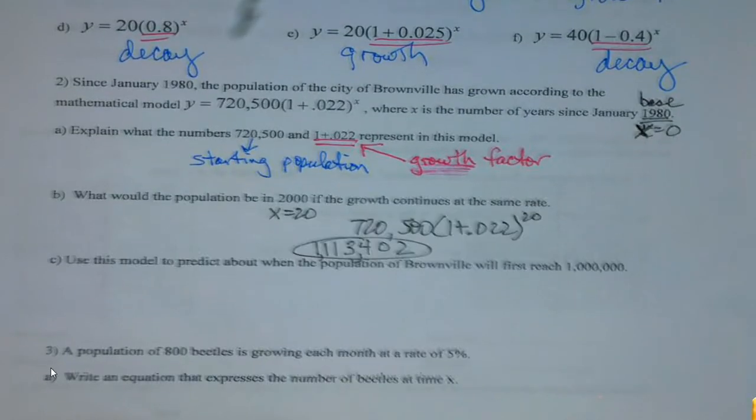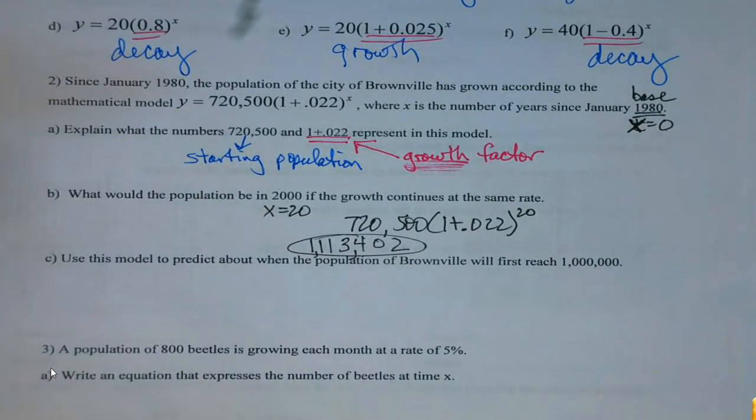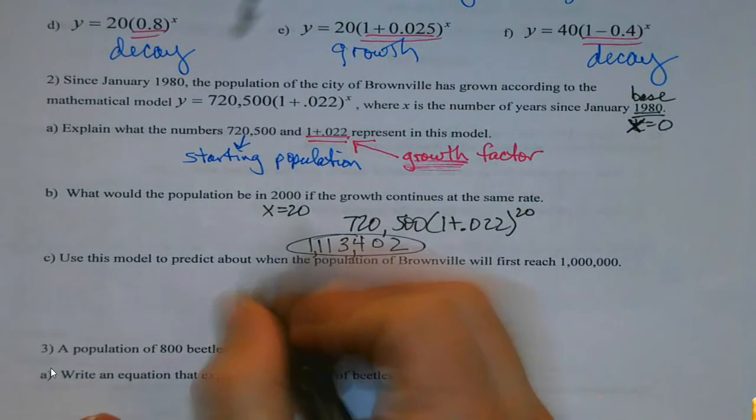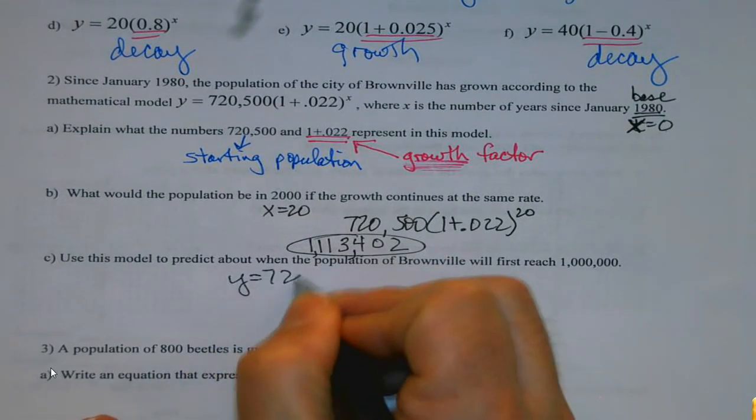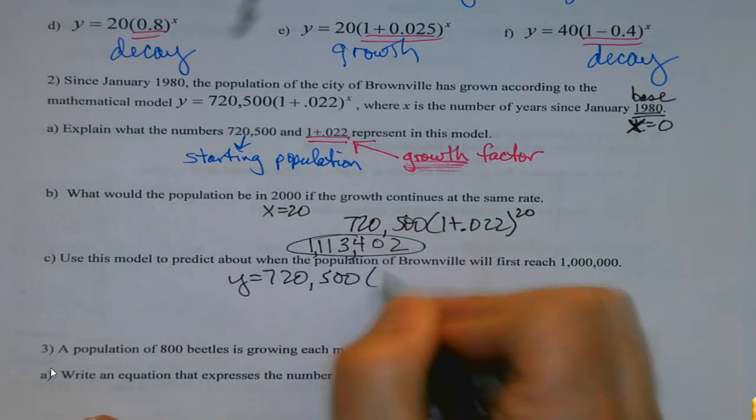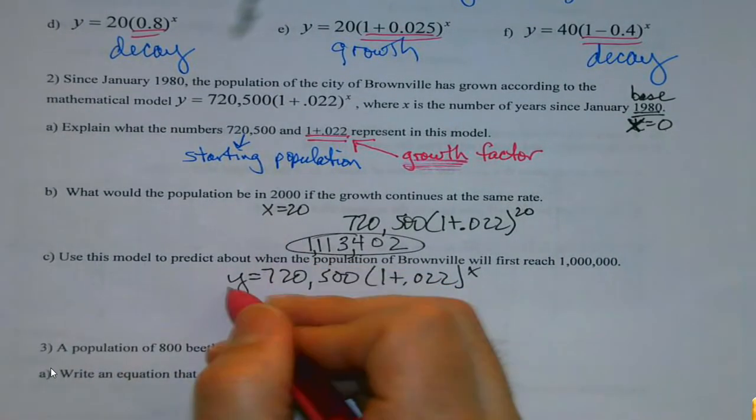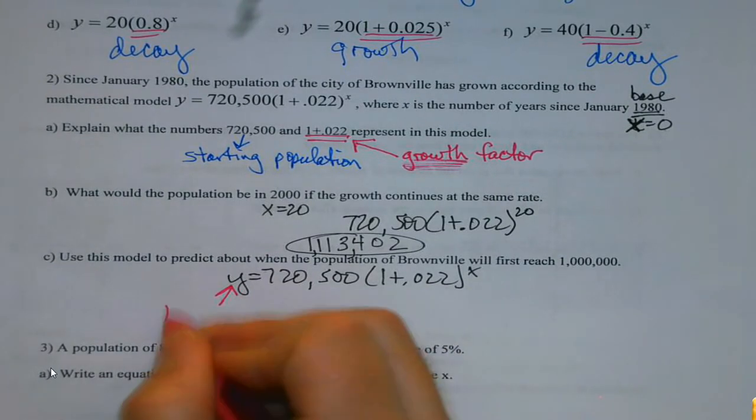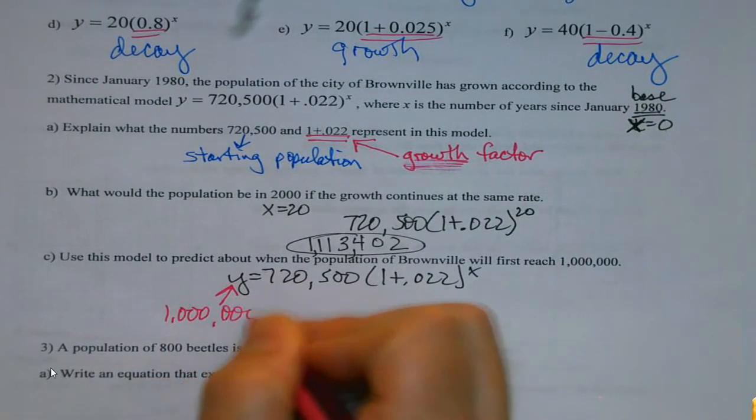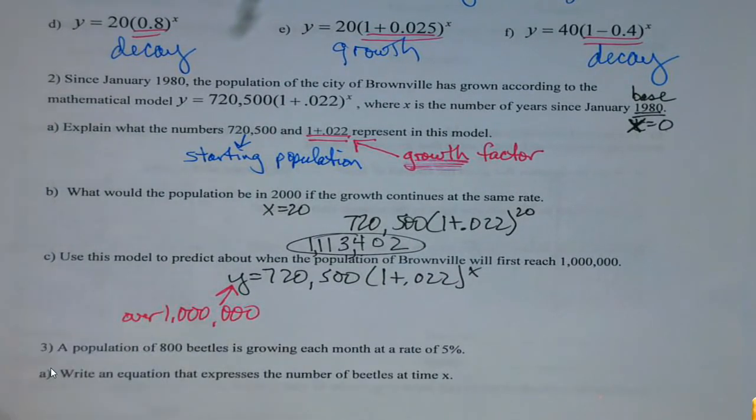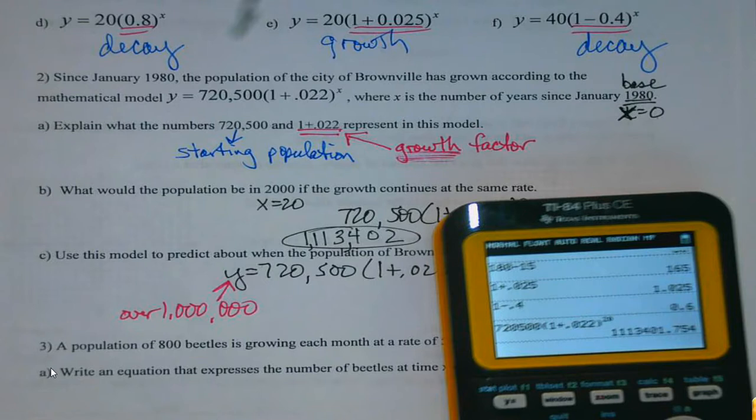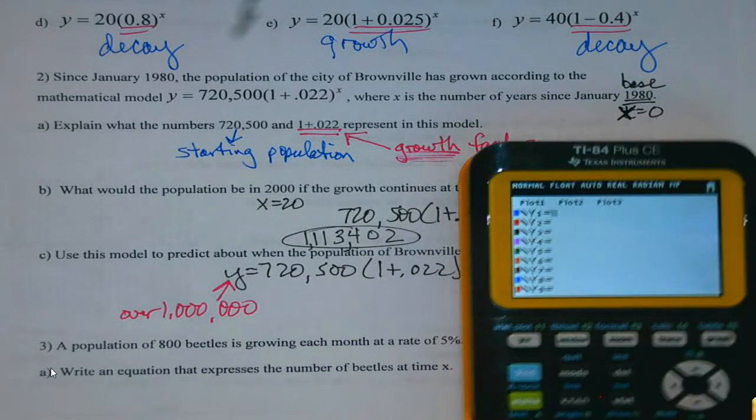And so then it says use the model. That's my model equation to predict when the population of Brownville will first reach 1 million. Okay? This is where I got to go into y equals. So what I'm going to do is I'm going to type this into my y equals. You're like, why is he recopying it? Because what I want you to make note of is what we're going to be looking for is the first time my y value goes over 1 million. So when I plug this into y equals,